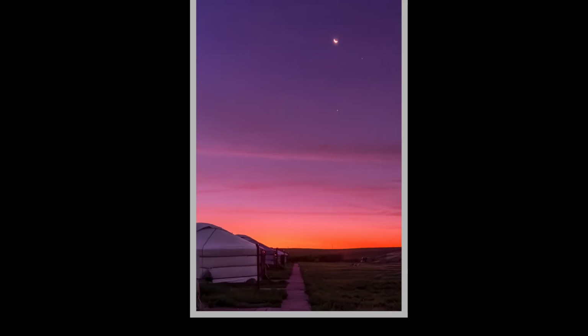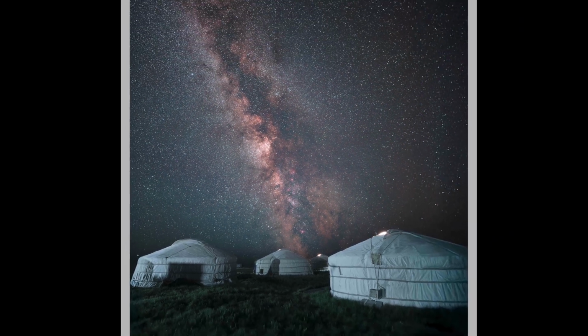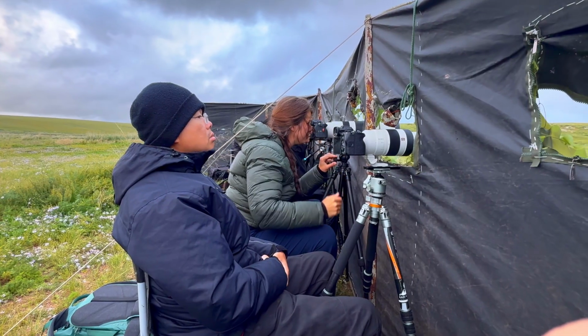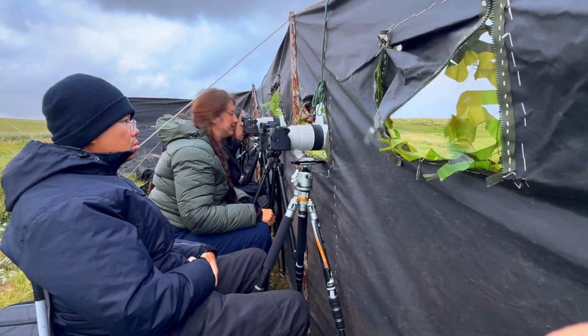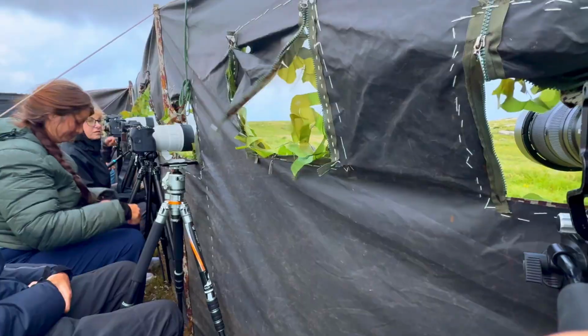Living among the nomads in gers, waking to the calls of herders and falling asleep under skies filled with stars, it was easy to feel transported back to another time. And each day, returning to watch the cats, quiet hours of waiting, patient observation, rewarded by fleeting glimpses of wildness that few ever get to see. See, I came here indifferent to cats, but I left with a newfound respect for their resilience, their beauty, and